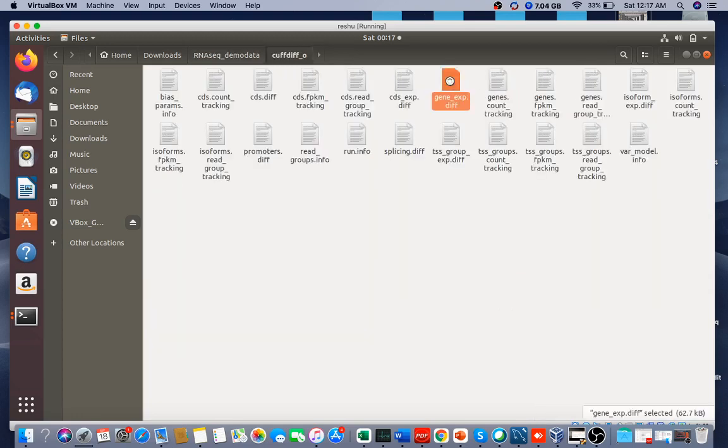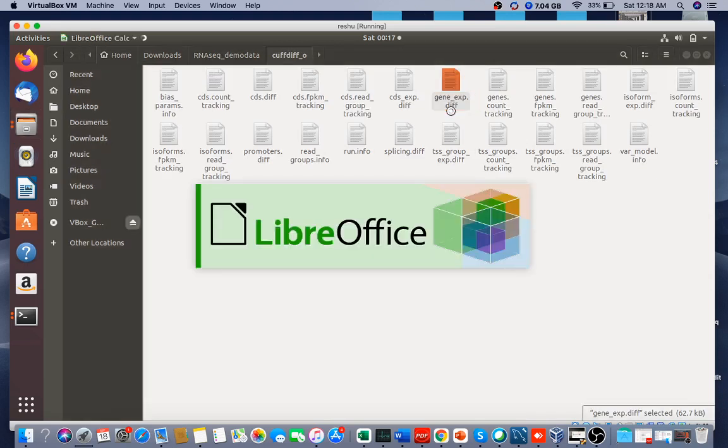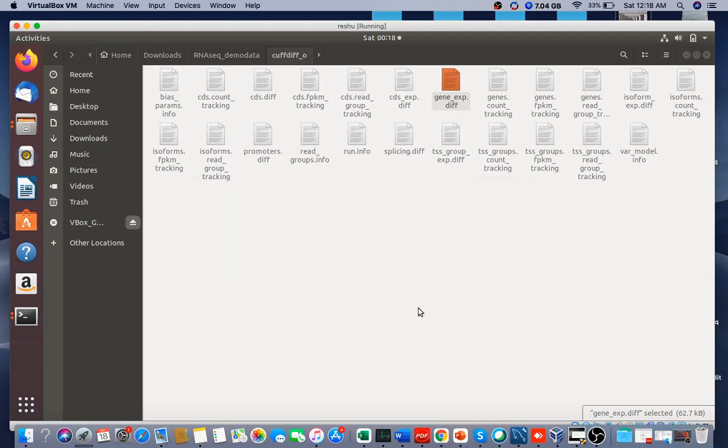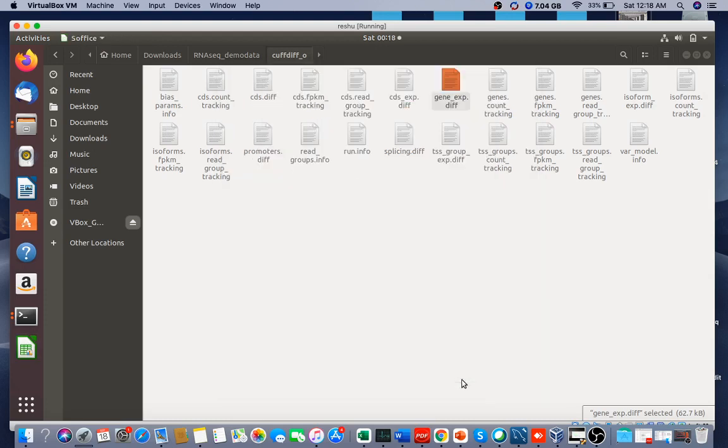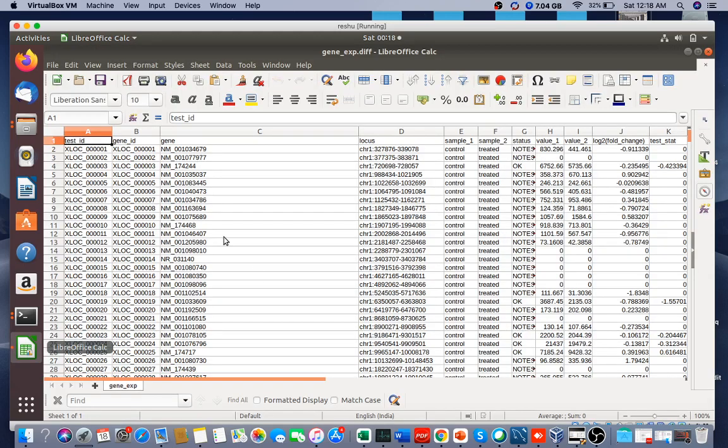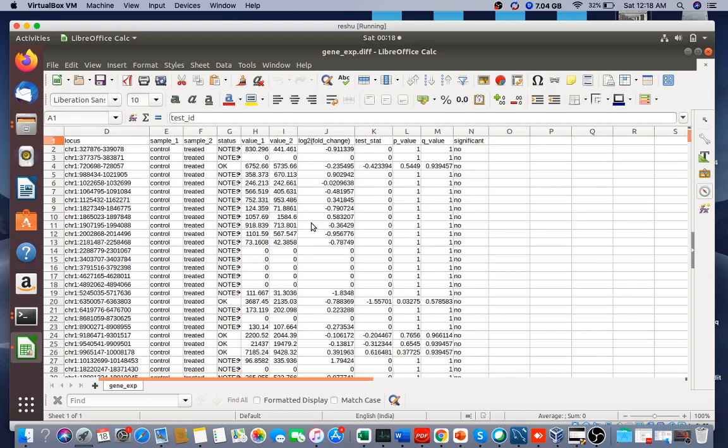Like this kind of file you are going to get, gene expression differentiation. Okay, so here you can see the gene name, and you can see the locus, the values, the log2 fold values, the stats of P and Q.